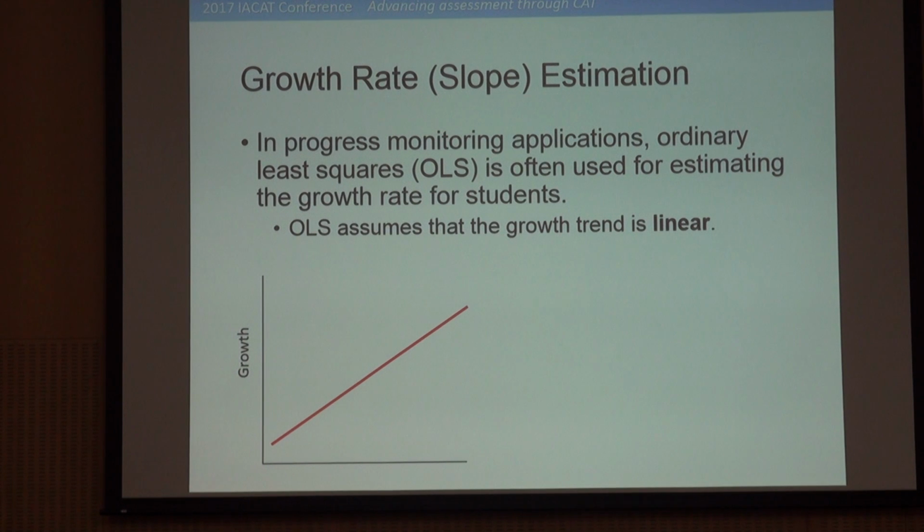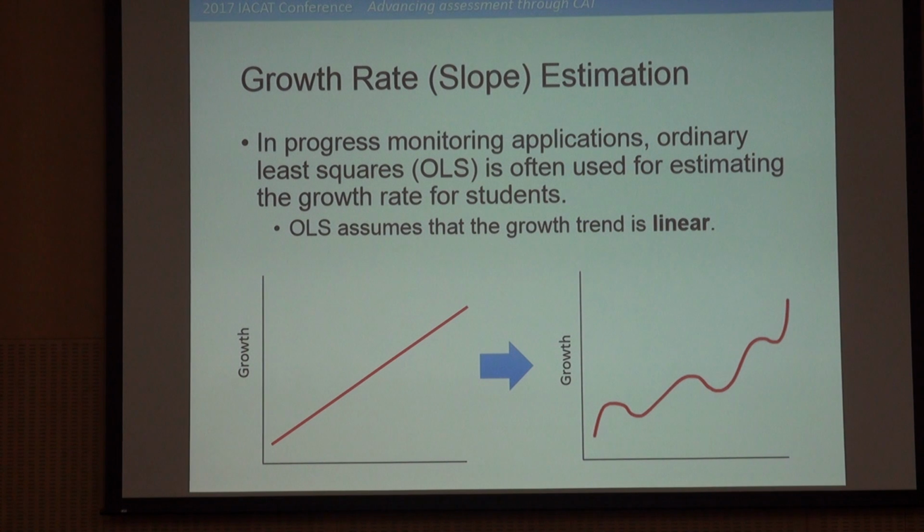So in progress monitoring applications, people typically use ordinary least squares regression to estimate the growth over time. As you know, OLS is a typical linear regression, so it assumes that the trend will be linear. However, in progress monitoring, the trend is not really linear at all. Most of the time students just go up and down during the year, they cannot always just make